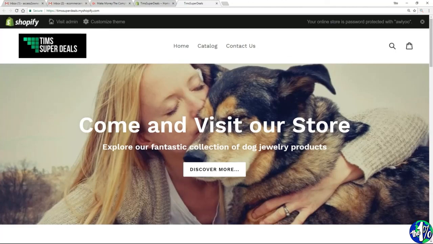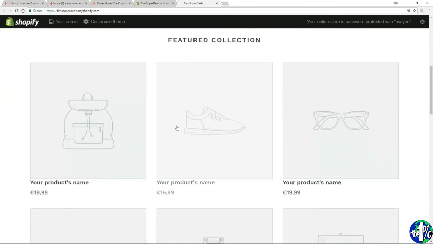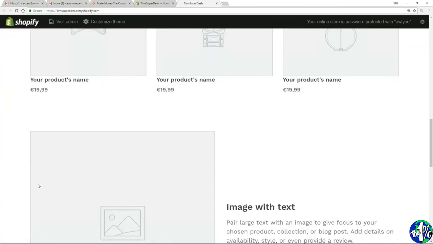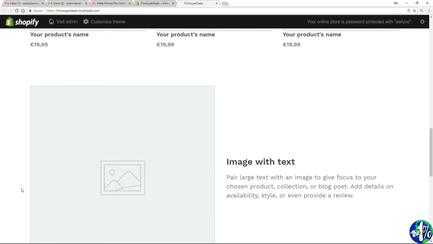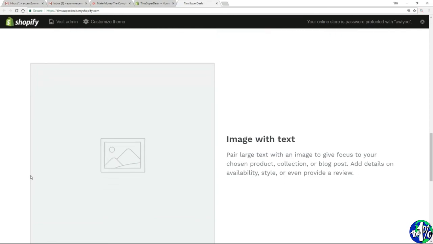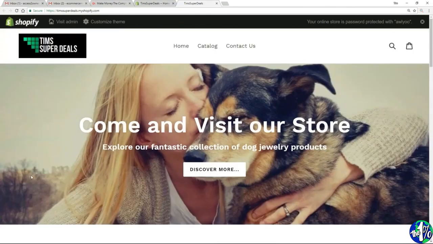Now, we've still got a long way to go, of course. On the homepage here, we haven't looked at any of this stuff down below, like featured collections and products and what have you. And that's because we haven't quite got to that part yet. We're going to fill in all these gaps as we go. And in fact, that's what the next section is going to be about. We're actually now going to start looking at markets that are profitable and how to find products within those profitable markets. And once you've got a great understanding of that, then we'll look at actually adding products to our site and really building out a